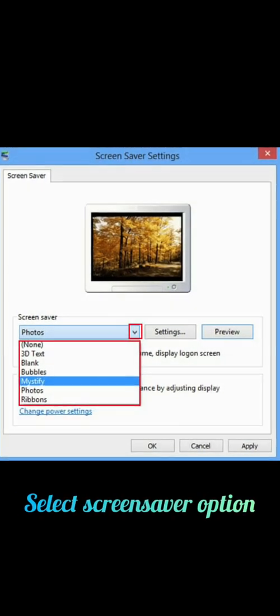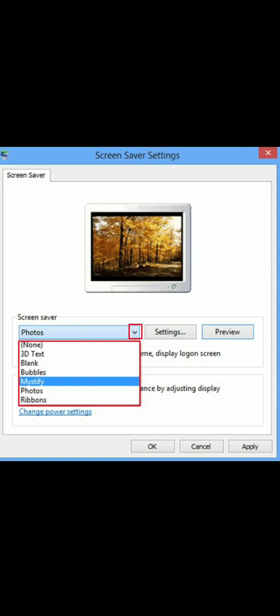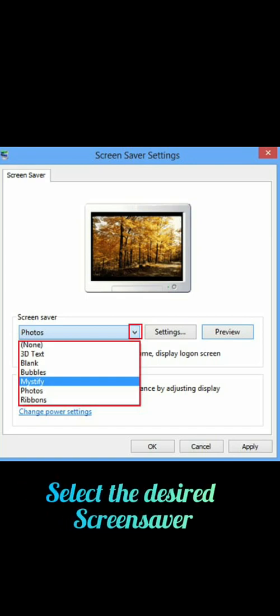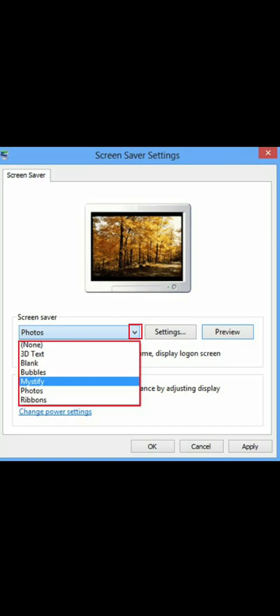Fifth, select the screensaver option. Sixth, another window appears with screensaver settings. Seventh, select the desired screensaver from the options available. 8. Specify the minutes beside the wait box, for example 2 minutes. 9.